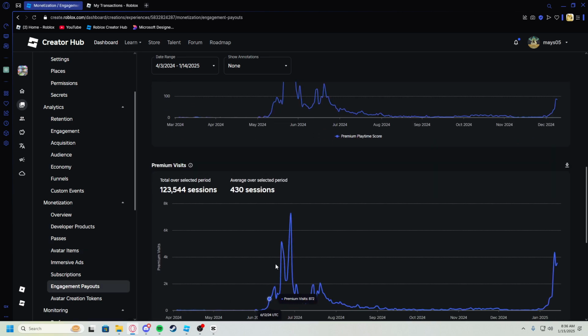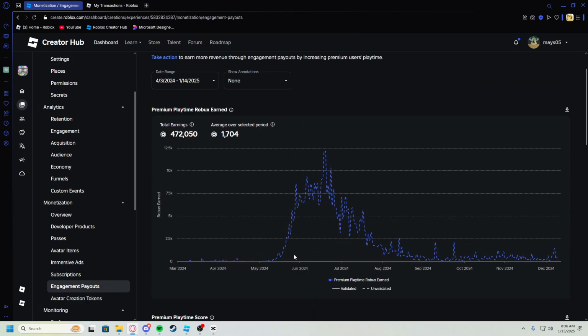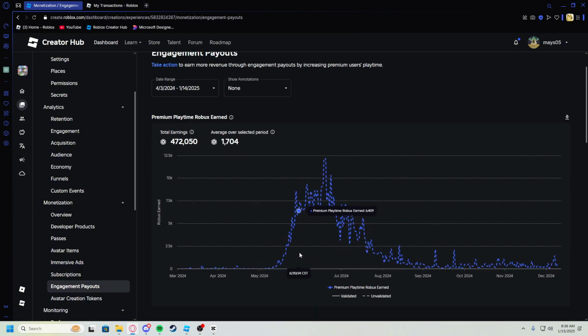And one thing about making Robux that a lot of people don't understand is that premium payouts are quite significant. Because premium payouts mean people don't have to spend any money on your game. They just have to have Roblox Premium and you get money. This is like $1,500. That's pretty significant since people didn't spend any money, you know? It just gave it to me.